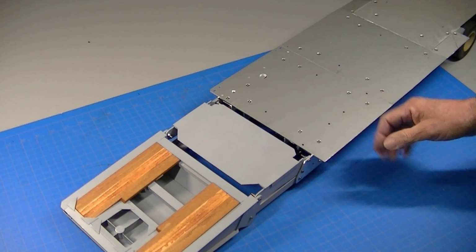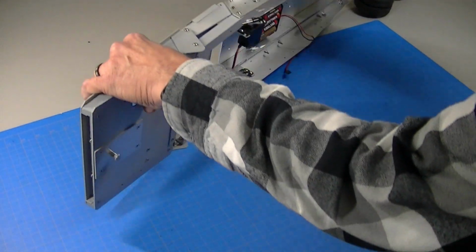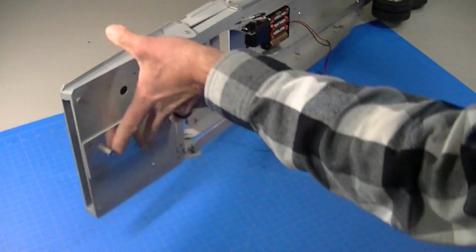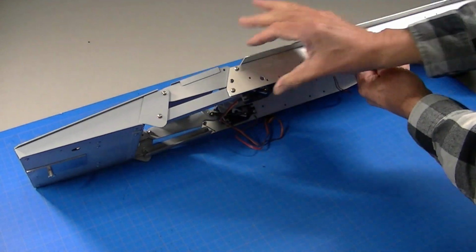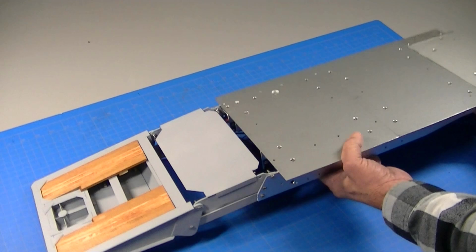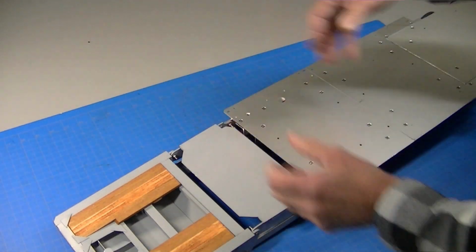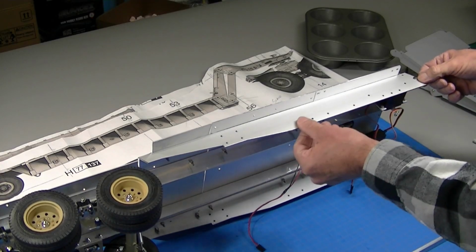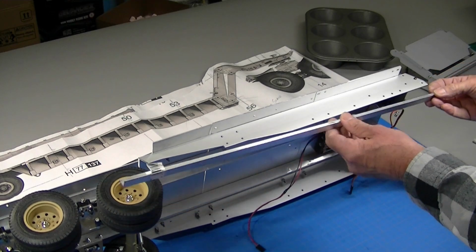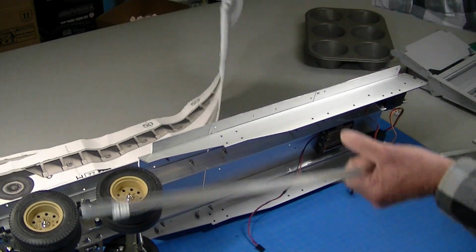Okay, in my last video, part 6, we completed this deck here and the servo mechanism to drive it. So what I'm going to do now is work on the detailing under the sides here. First thing I'm going to do is remove this and get it out of the way. The first thing I'm going to do is make a lip across the bottom of this. I'll make it out of this 1/2 inch aluminum,